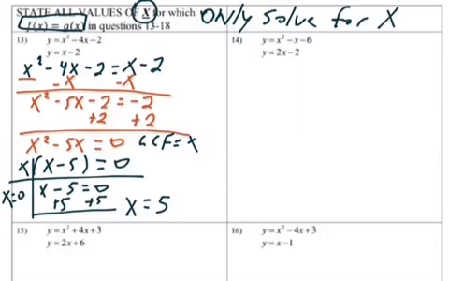So everybody now go to your calculator and type in y equals x squared minus 4x minus 2 and y equals x minus 2. Second, trace, intersect, and you're going to get two solutions of 0, negative 2,